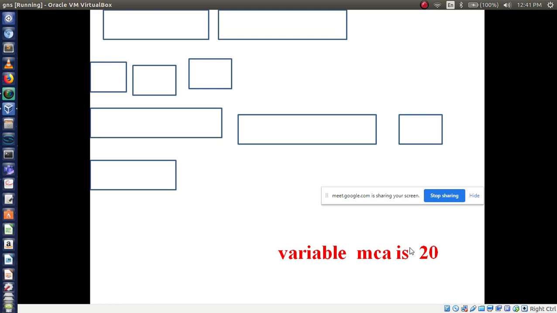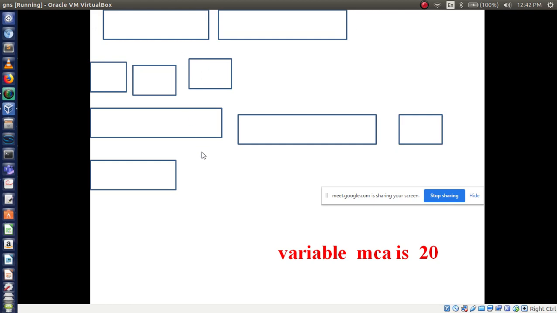I want to print this "variable MCA is 20". So which tag should I use? It is a scripting language, right? Script.